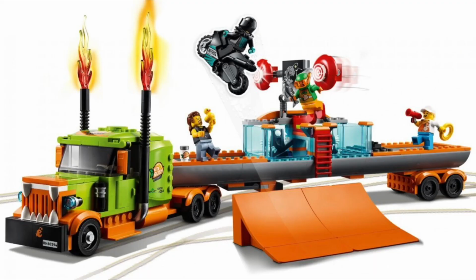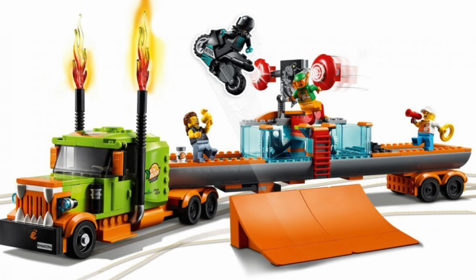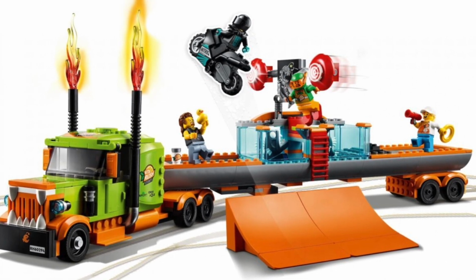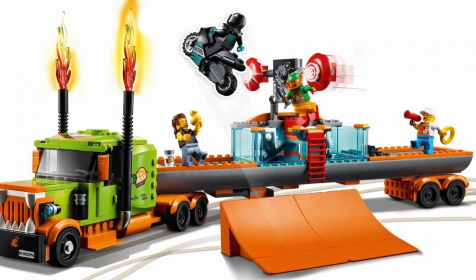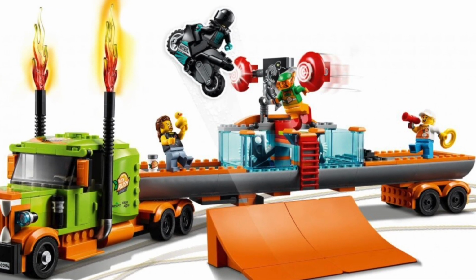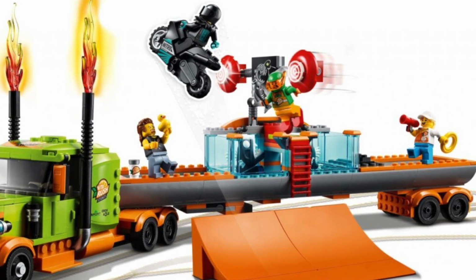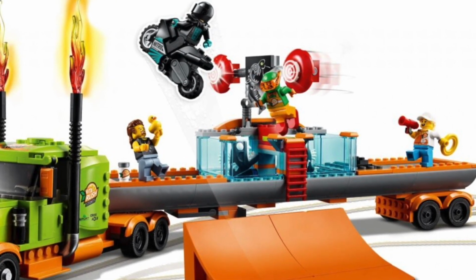Alright, next up is 60294, going in order there. Stunt Show Truck, 418 parts, €60 over on Promo Brick, so probably 60 bucks here in the US. Man, 418 parts, 60 bucks. It is a cool looking truck though, I'm not gonna lie, but it has this weird tank where the motorcycle driver jumps the truck, hits the thing, and it spins and knocks the clown guy unconscious into the water, where